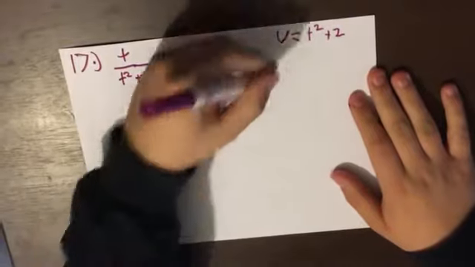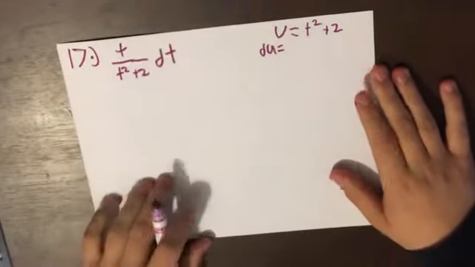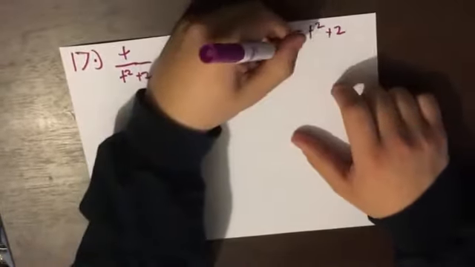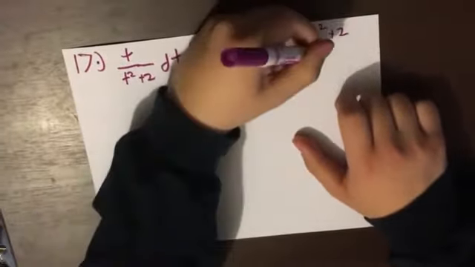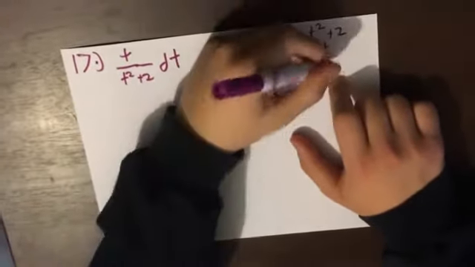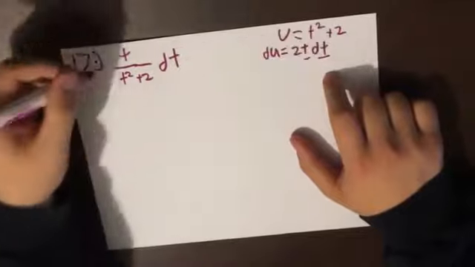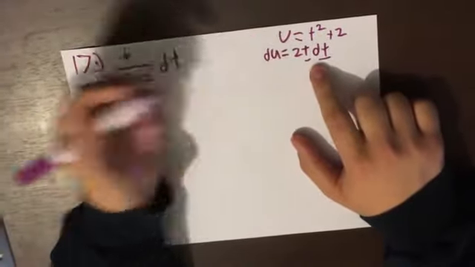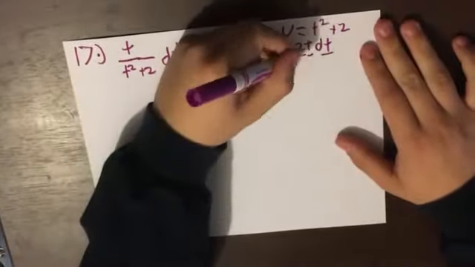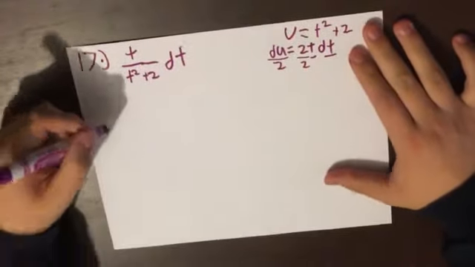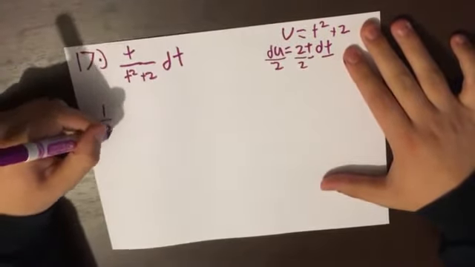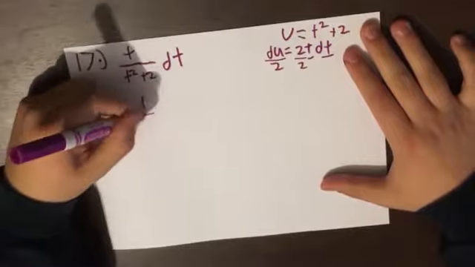So now we need to find du. So basically we're just going to take the derivative, which is just 2t dt. So we got a dt. Awesome. We got a t right here. So great, but we don't need that 2. So we're going to go ahead and divide each side by 2. So we're going to have 1/2, 1 over t